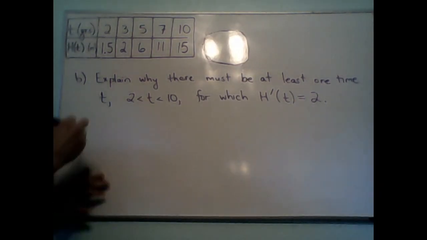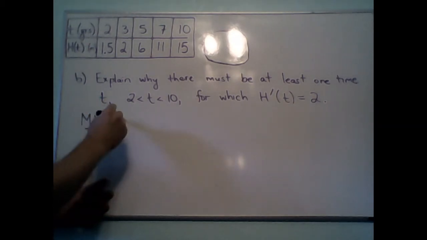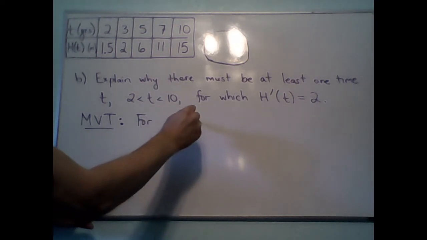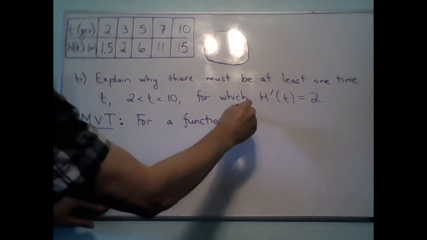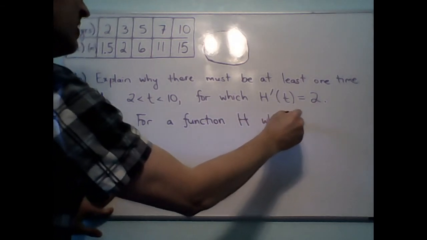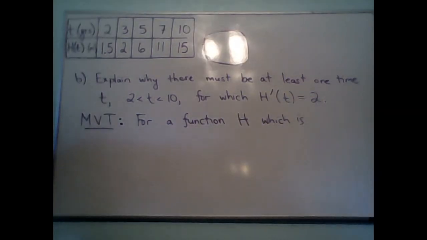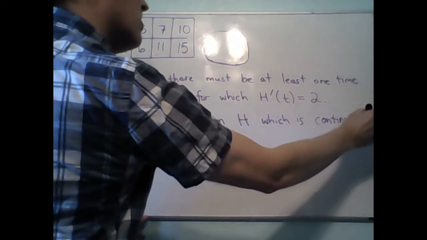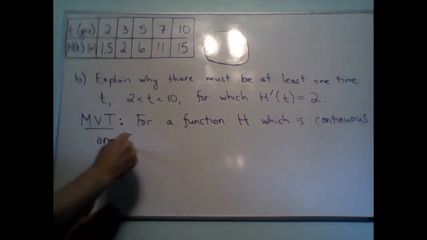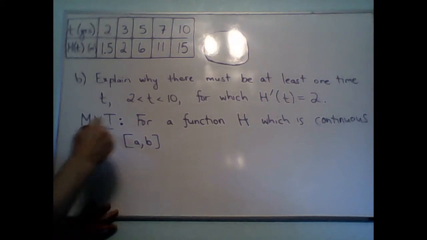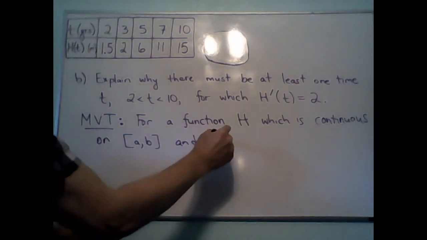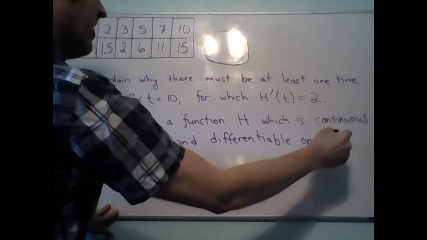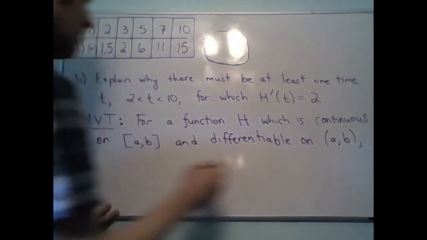So let's recall the mean value theorem. Mean value theorem says the following. For a function, we'll call it h, since that's what we're working with. For a function h, which is continuous on the closed interval AB and differentiable on the open interval AB,